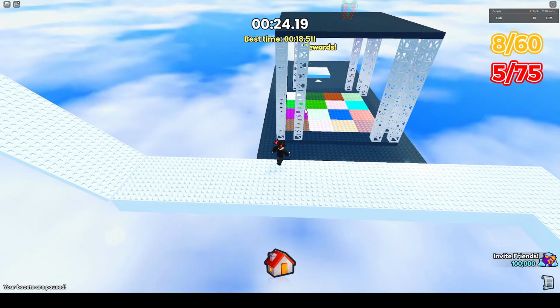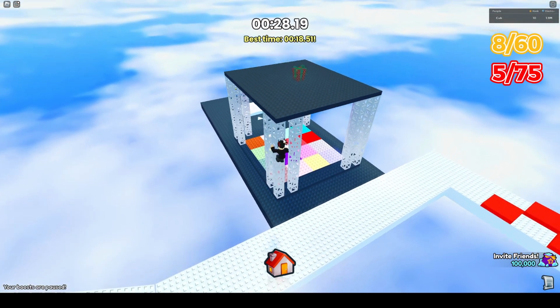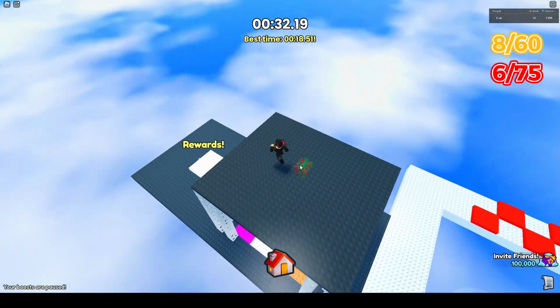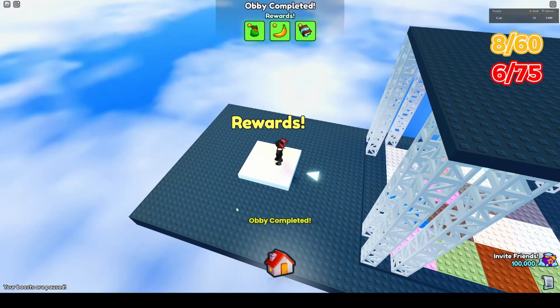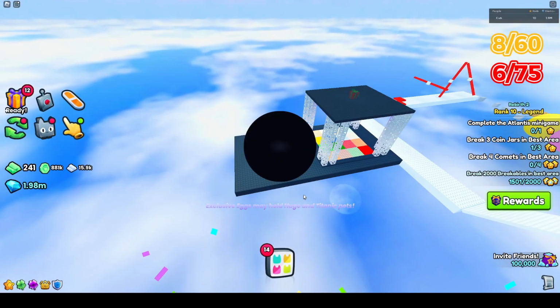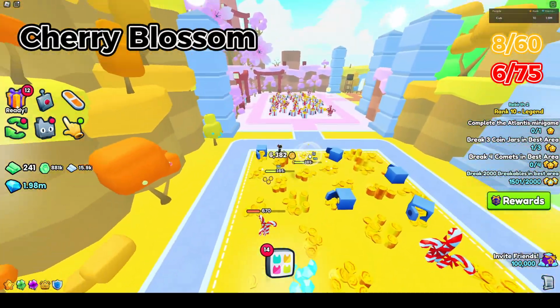Okay guys, I'm at the end area for this classic obby, and you want to climb up top of these truss ladders, and there we go. We got a present on top of the disco floor, and that's the only collectible within this classic obby. So now we are moving on to area 6, and area 6 has 1 shiny relic